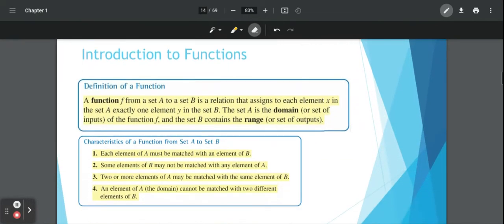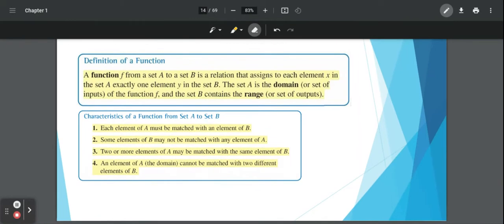So just a few reminders about what a function is. We have the formal definition here. And what this formal definition says is that if you have a set A, from set A to set B, that each element, and we use the letter X just because that represents the X-axis. So each element X in set A has exactly one element Y in set B, where A is your domain. So your X's are usually your domain and your Y values are your range. And so what this means is that your X values